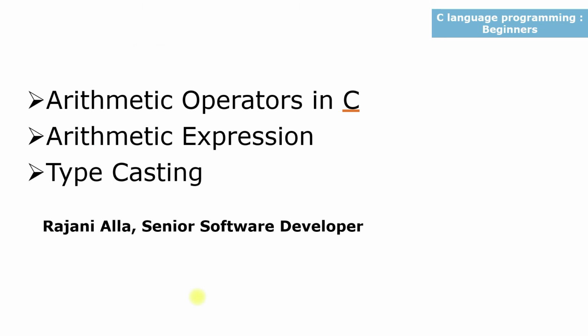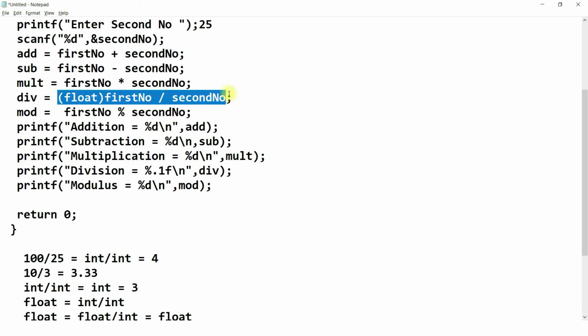So, what is typecasting or what is type conversion? Changing from or converting from one type of data to another type of data. This is one of the very important questions for the interviews. And there are 2 ways of doing typecasting: implicit typecasting and explicit typecasting. The typecasting what we did just now, this one is the example for explicit typecasting. And about implicit typecasting, I will teach you in a separate video.